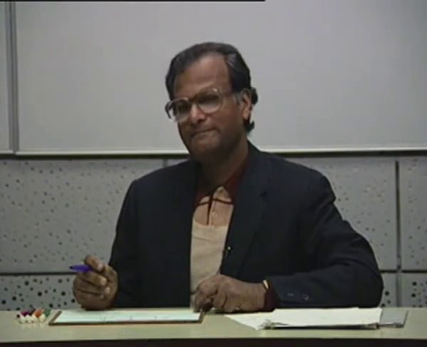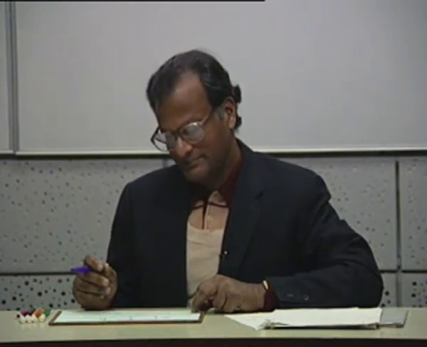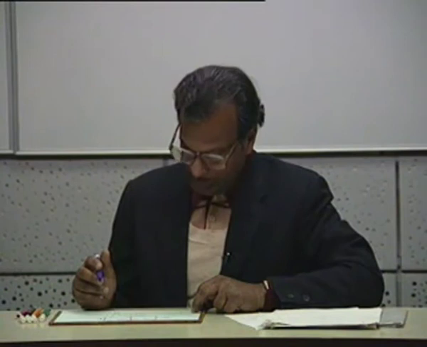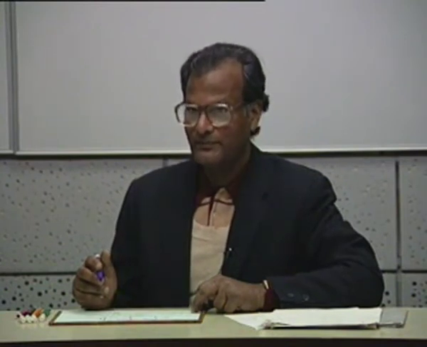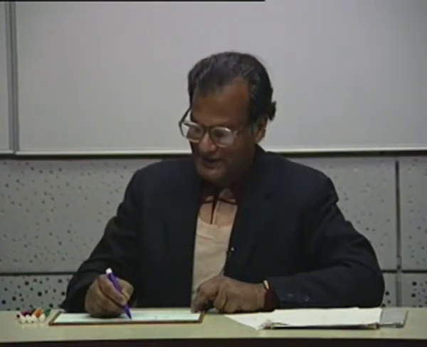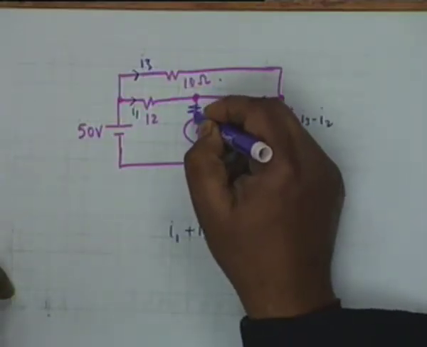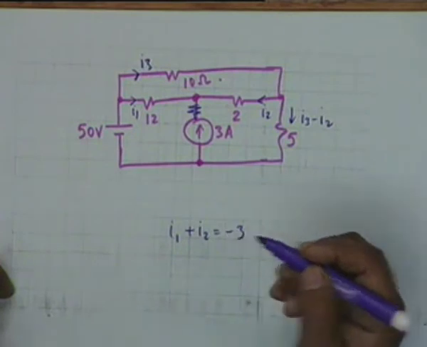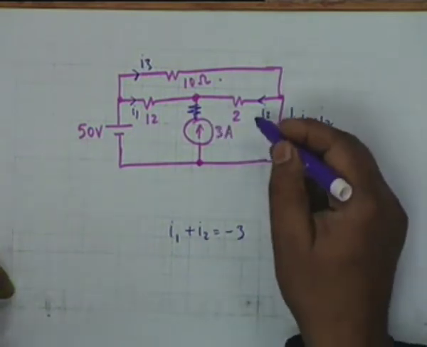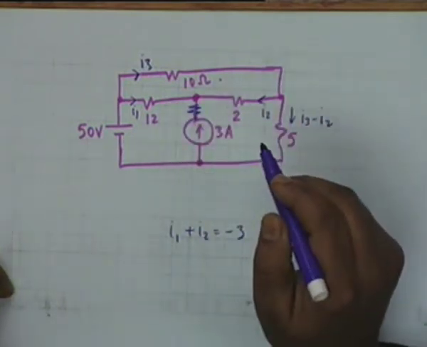If we consider a resistance in the arm in which this current generator is, sir, what will we take as the value of current in that? Okay. If there is a resistance here, that is a very interesting question. If there is a resistance here, will the KCL equation be disturbed?